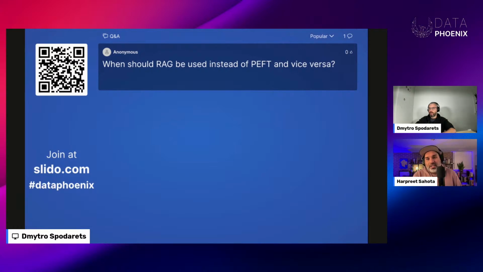This is a good question. So RAG instead of PEFT. These are two different things, right? Think about what it is that we're doing. In general, you fine tune a model to change the behavior of the model. Retrieval augmented generation is taking additional content and injecting it into the context window of the model so that it has more up to date knowledge that it can reason over. That's typically what you'd use retrieval for. But fine tuning is changing the behavior.